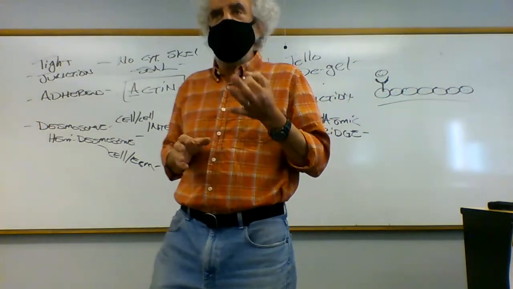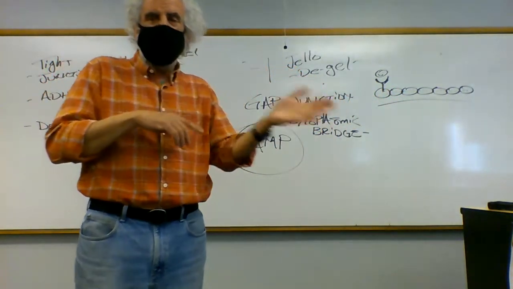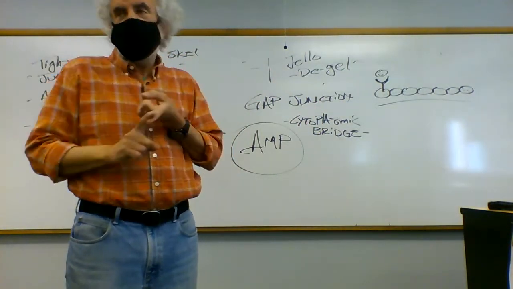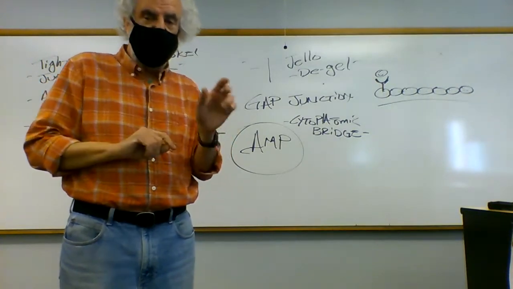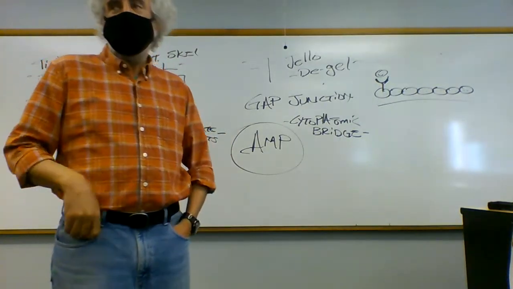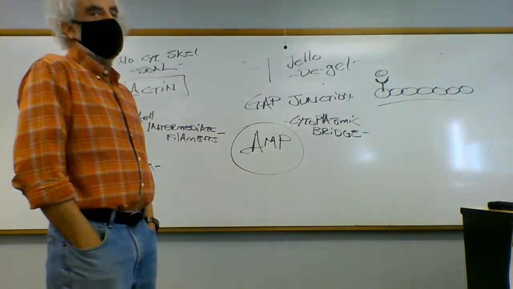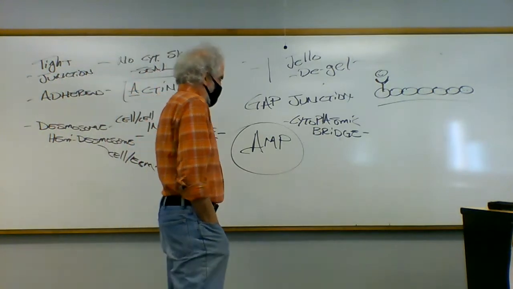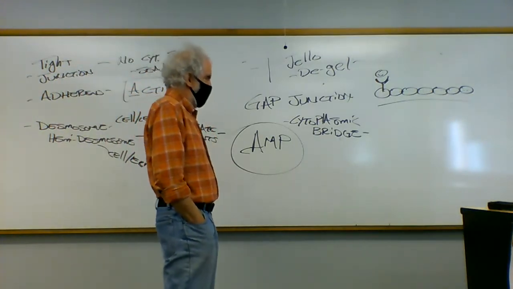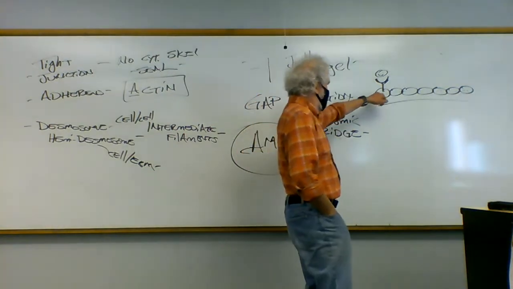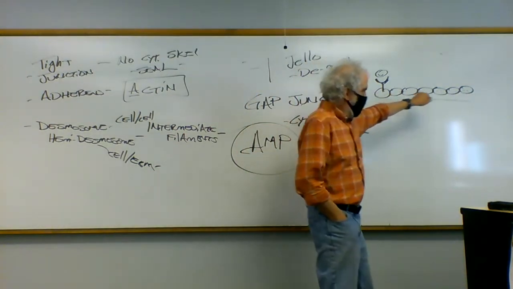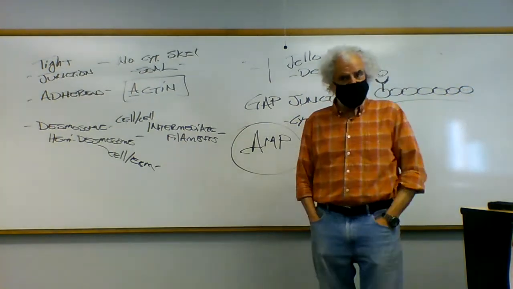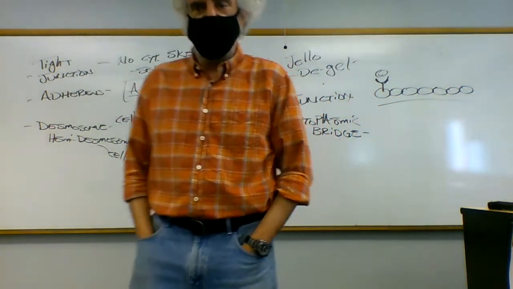And so they're fairly small, such that metabolites can move back and forth. Ions can move back and forth. Large proteins, nucleic acids, no. But cyclic AMP can move back and forth, and we know the significance of that, and that cyclic AMP is a potent activator of a whole range of different kinase systems. And so you can have cyclic AMP being generated by adenylyl cyclase in this cell, and then activating things like protein kinase A way over here. So it's just another way of cell organization, and just one final point.